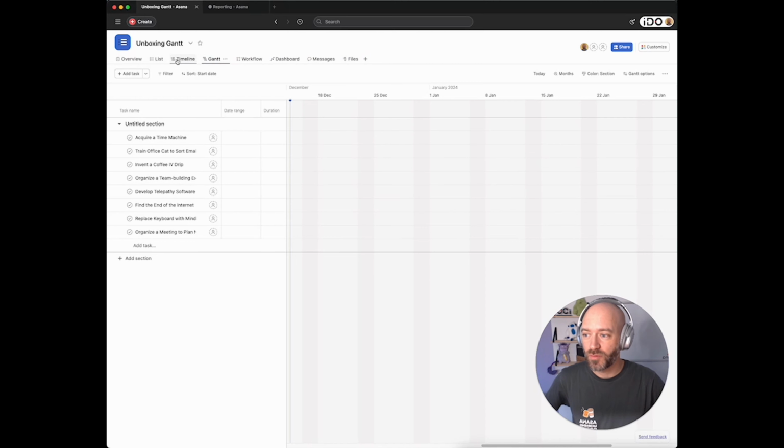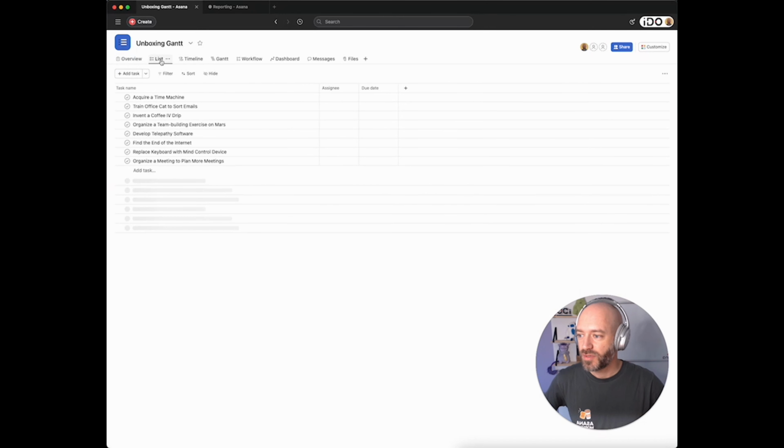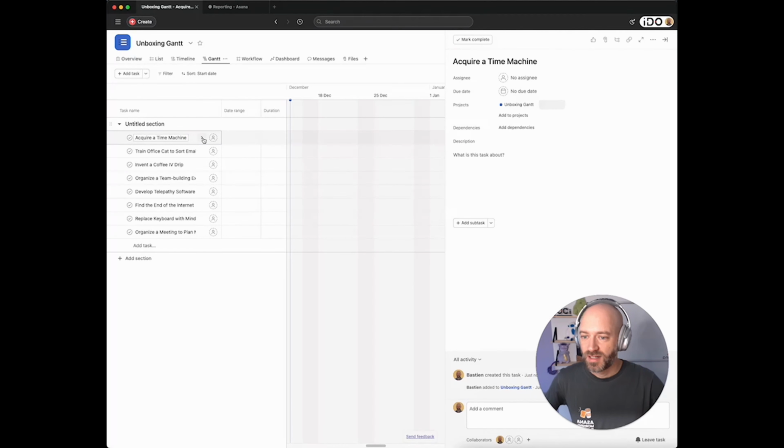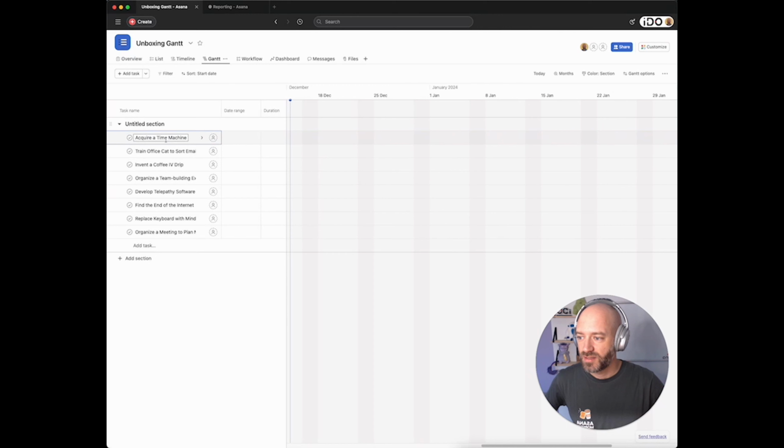So the first thing we will have to understand is the difference between Timeline and Gantt. I know that Asana released a blog post explaining the differences and I'm going to have a look at this a little bit later. Okay, so let's have a look. So first, that's a bit surprising that they show me with an untitled section. I would expect things to not be in a section at all, but yeah, whatever works, that's fine. You can open the task right there, that's good. You can rename, okay, just like in list view.